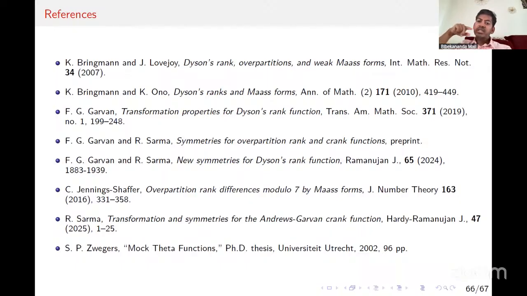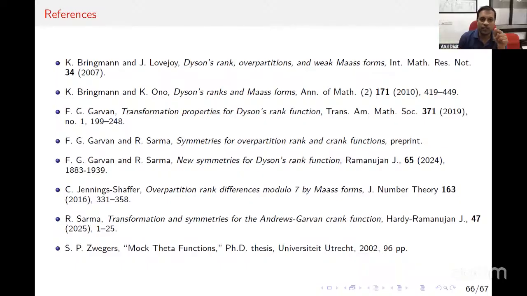Now my question is, let's say modulo 25, there is some rank statistic which explains the modulo 25 congruences. Whether the rank generating function corresponding to that rank statistic has been studied, can you say? No, I don't think I know about the modularity of that rank. Because modulo 25, if there is a rank statistic, I can consider the rank generating function again, and one can study the modularity of that rank generating function.